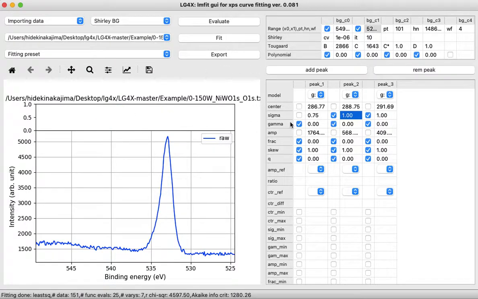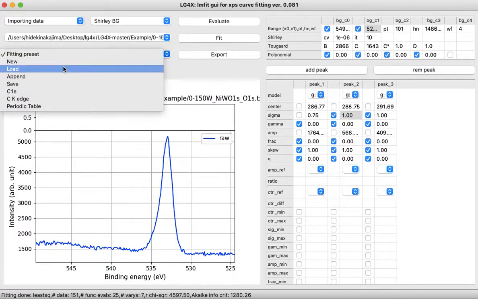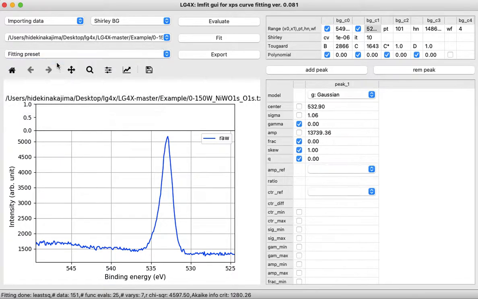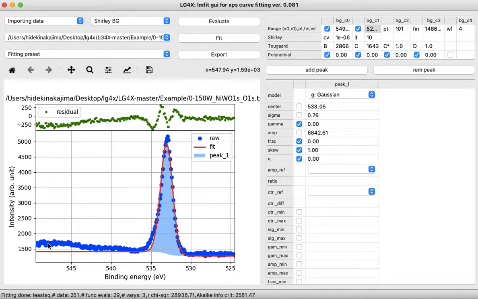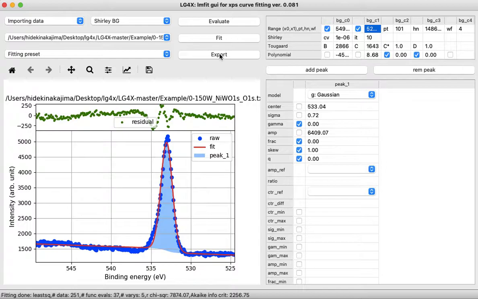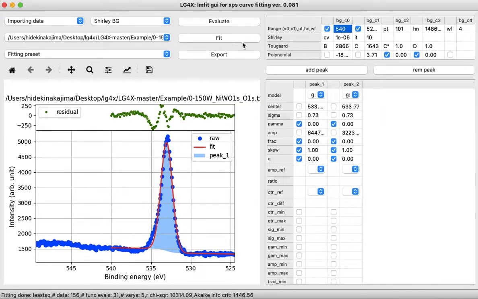Another peak, oxygen 1s. Oxygen 1s. Okay. Evaluate and fit. It's okay. But the background is a bit off, so we use the polynomial convolution. And we may limit the range. So it's okay. If you want to add more peaks,